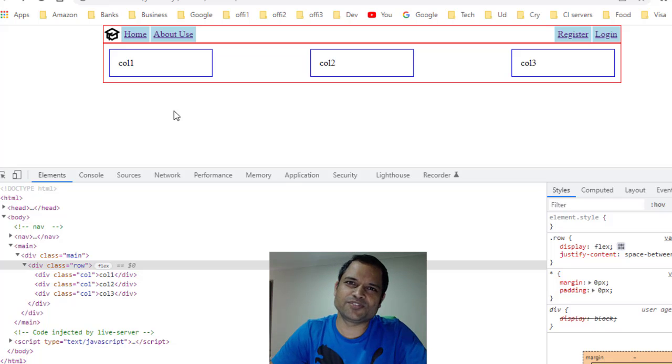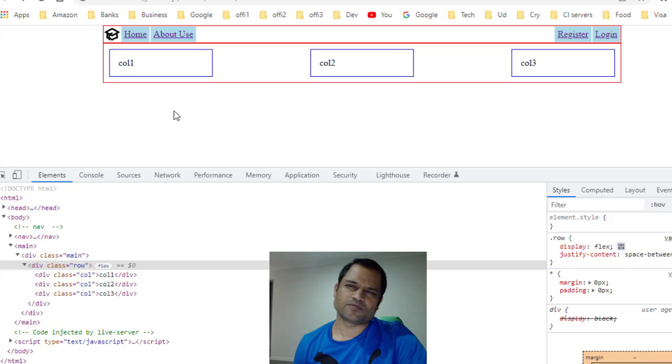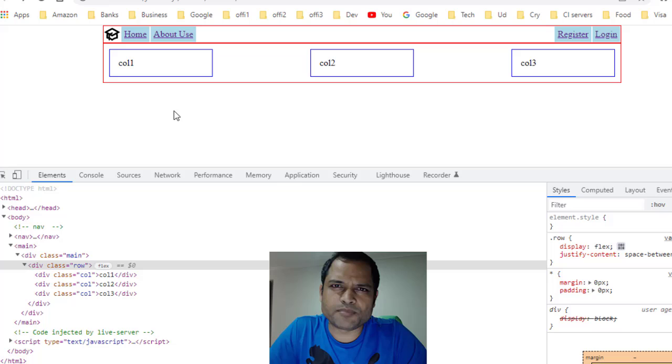Hello friends, in this video I will be talking about Flex and how you can use Flex to do the layout in your HTML pages. Flex is very flexible as the name indicates, and it's a very powerful concept in HTML and CSS. So I will give you one example with which I will explain how Flex can help you do the layouts